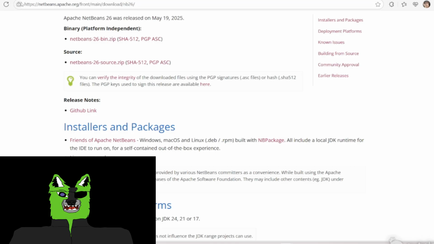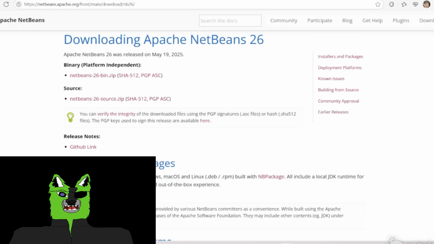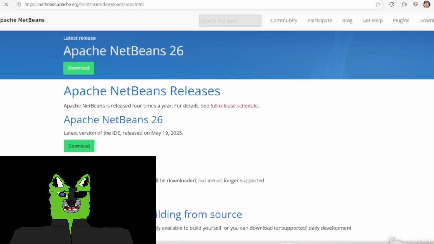It's a free software that you can get from Apache.org. So type in netbeans.apache.org into your search engine and then search that. And then it should take you to this page. So once you're on this page, actually into a previous page, my bad, it's actually this one. So go into download on the first one